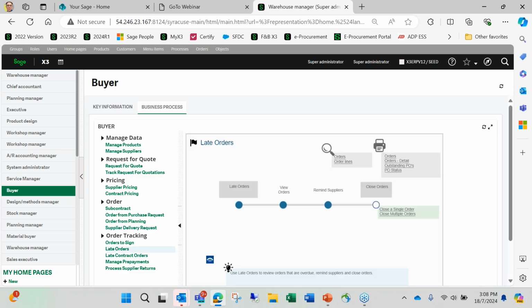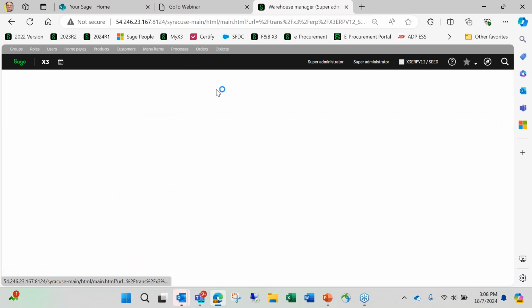So I'm going to show you something like this. Let's say this is a feature called late orders, and the administrator wants to actually change this to fit their organization, or even the users with the right access want to change it. I'm going to show you how we do it in the system. As long as you have permission to go into process,